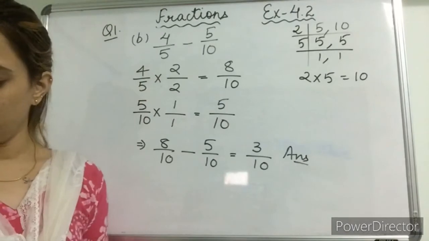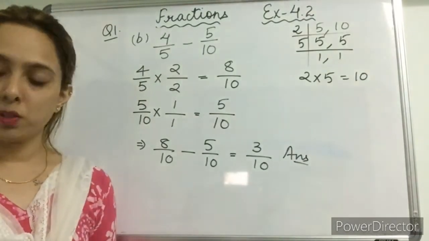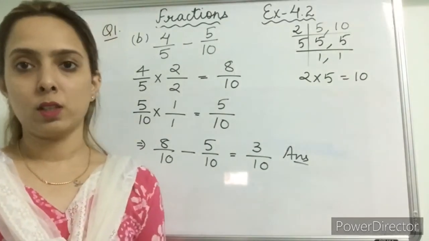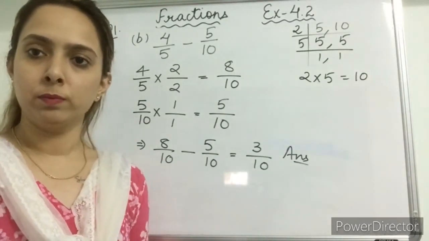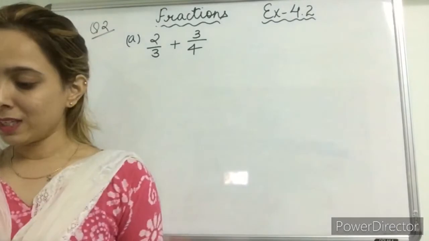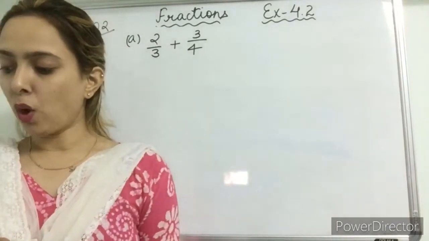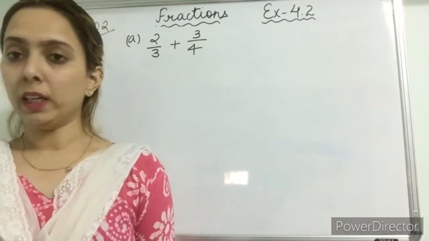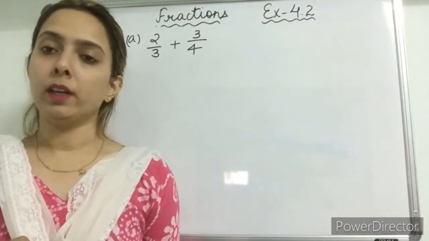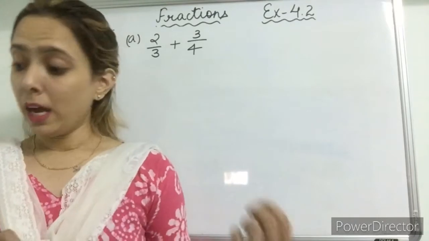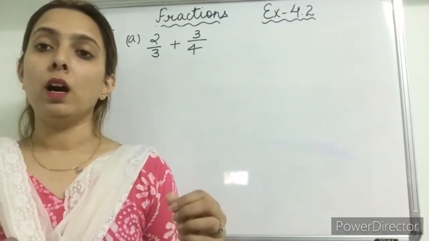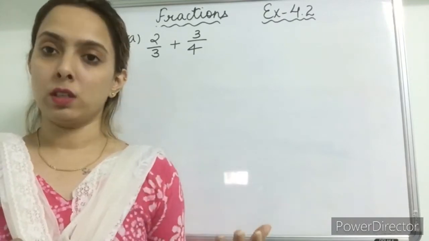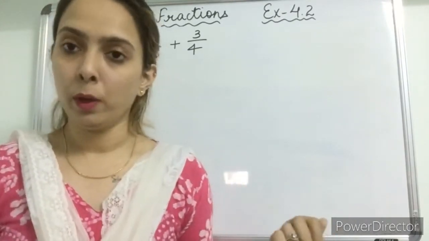It's very simple. So question number 2 is also like this only. Let's go for question number 2. Question number 2 is: add by finding the common denominator, simplify if needed. Means again you have to find the LCM, the common denominator we can only find by LCM, and simplify if needed means whatever answer we get, we have to reduce it. Let's check how we are going to do this.